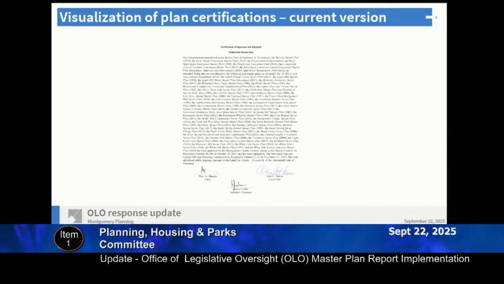During the discussion in July, councilmembers requested that Montgomery Planning look into how we can also more clearly present which plans are being amended by ongoing master plans. This is an example from the pedestrian master plan. We recognize that this is hard to read and is not inviting as one of the first things you see in a plan. So that said, this is an official resolution. It has to remain with the plan, but we figure we can maybe move that to the back.